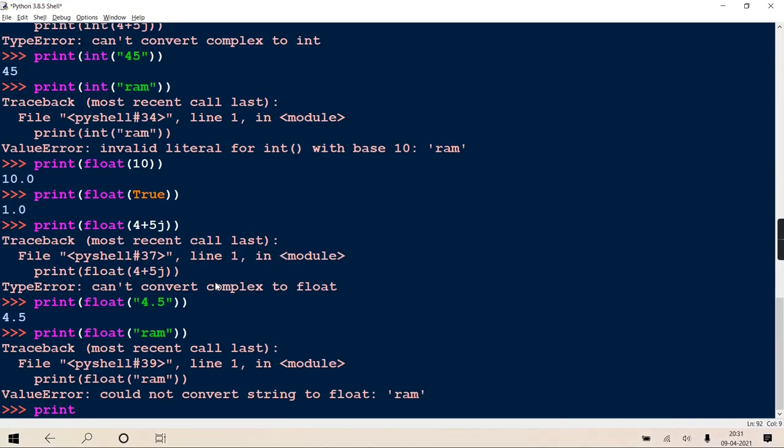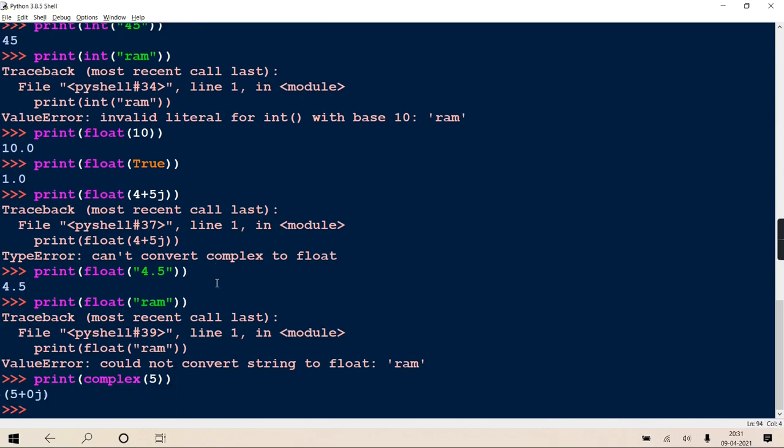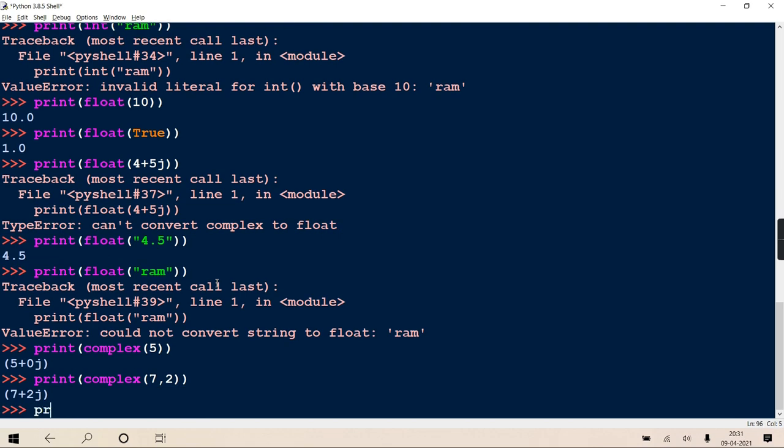Quickly, here I will tell you. Take complex(5): it will just convert to 5 plus 0j. You are converting an integer to complex. You can give both integers, right? complex(7, 2) gives 7 plus 2j.